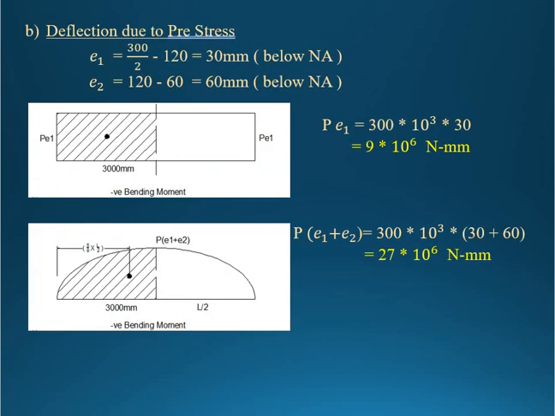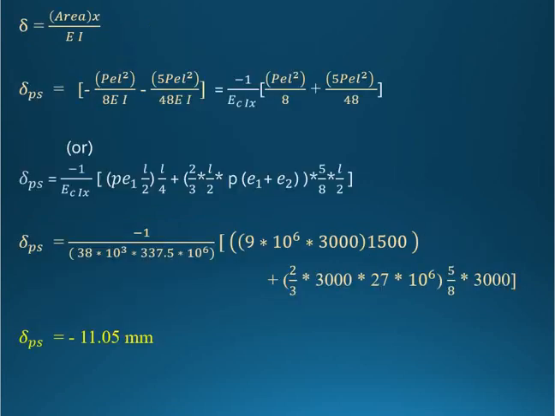The next thing is the calculation of deflection due to pre-stress. Why did I calculate these things? P into E1 and P into E1 plus E2 are in the deflection formula due to pre-stress, we have these terms. I thought I will separate them and calculate first, then I will consider them in the formula. So I have taken the formula. First of all, the general formula is delta equal to area into centroidal distance by EI. This is a standard formula, but according to our bending moment diagram, we should consider the sign as well as the formula. So let's go back there.